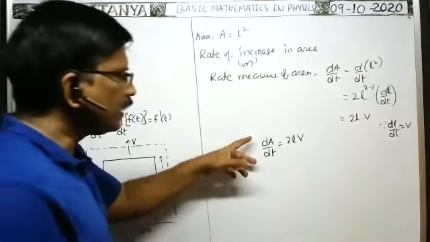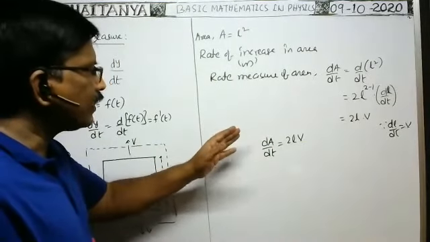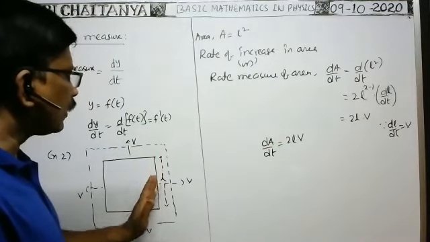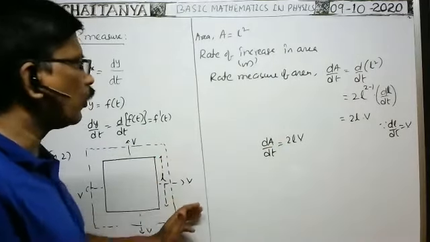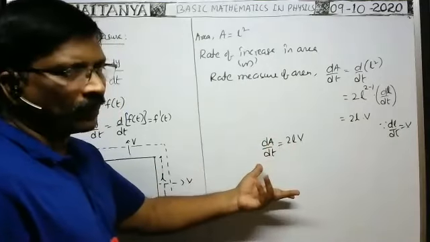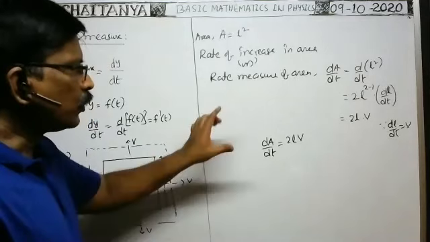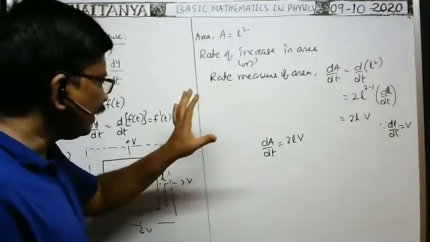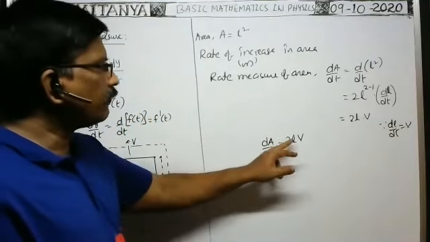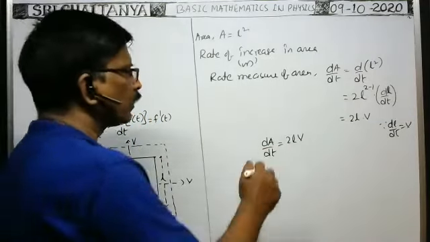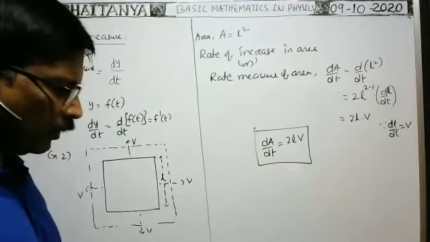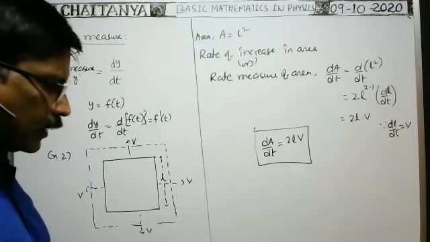This is the rate measure of area at the instant whenever the side of the sphere frame is L. At the instant whenever the side of the sphere frame is 2 centimeter, what is the rate measure of area means L is equal to 2, we have to substitute, v will be given. You substitute there, then we will get the answer. So it is the rate of increase in area of the sphere frame at the instant when the side of the sphere frame is L. Okay, in this way we have to use. It is the rate measure. Okay, next one more example is also there.